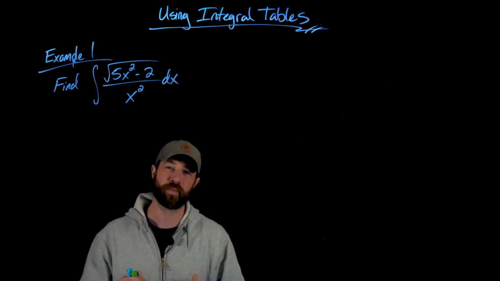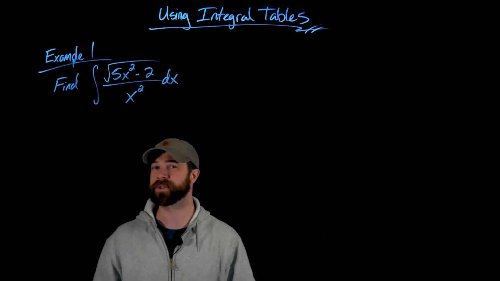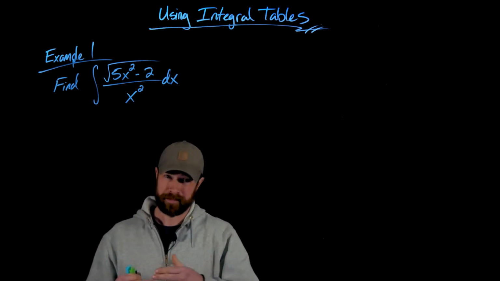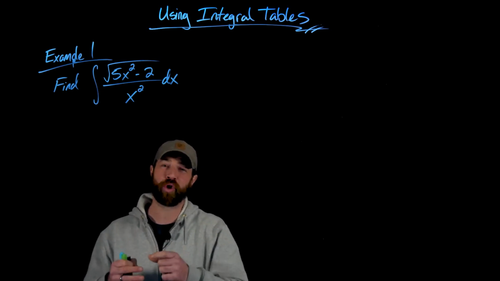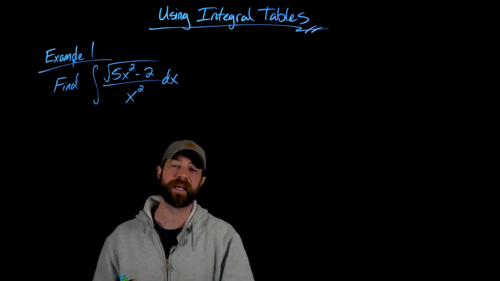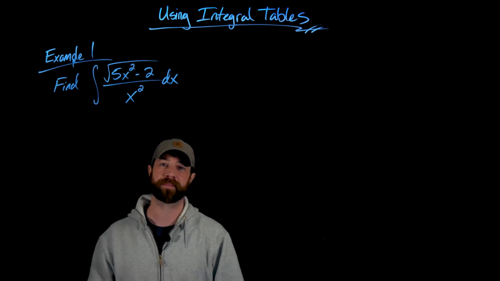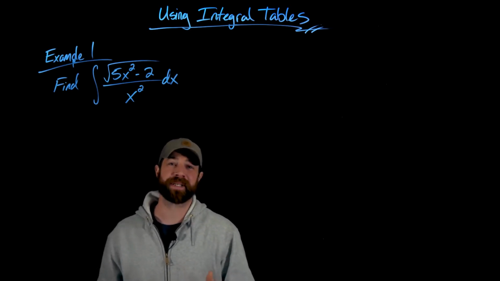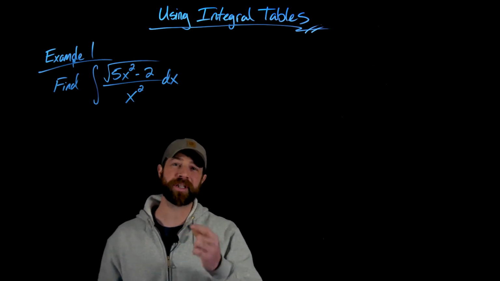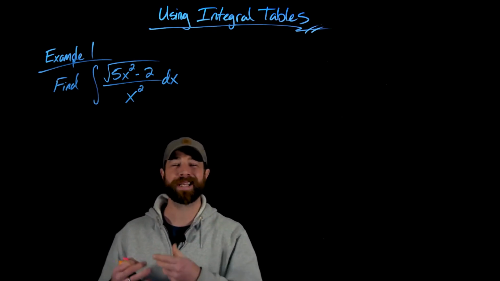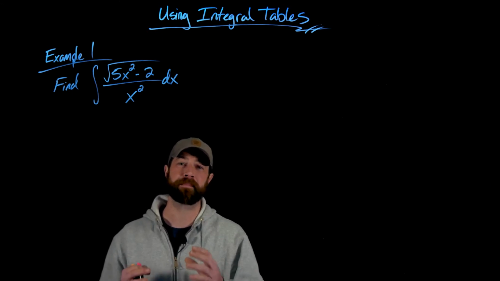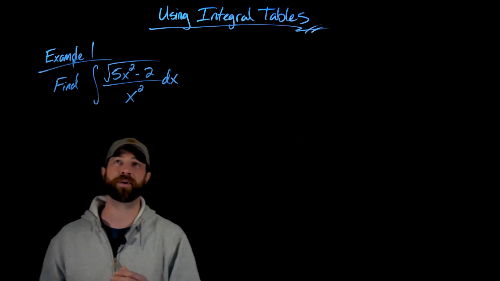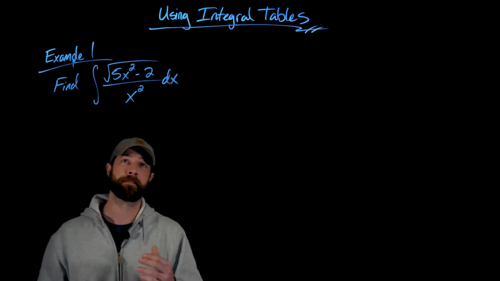These are tables of really difficult, complicated integrals that you can use pre-formed formulas for to help you solve the integrals or reduce the integral you're working with to be a solvable integral. On the face, it might seem easy or cheating to use a table, but you're going to see there's actually a lot of work that we can do to integrals to make them of the form that makes an integral table useful. In this case right here, we have the integral of the square root of 5x squared minus 2